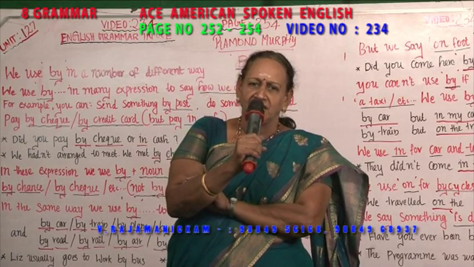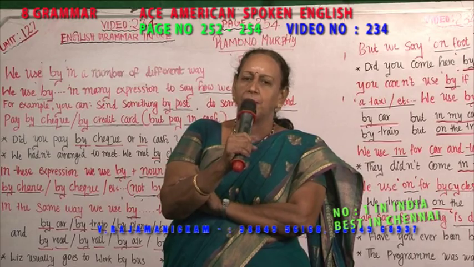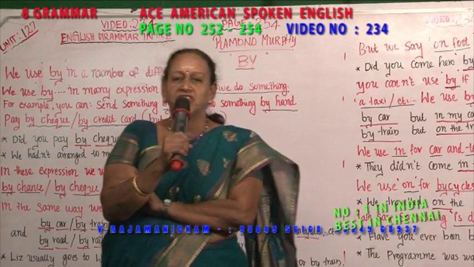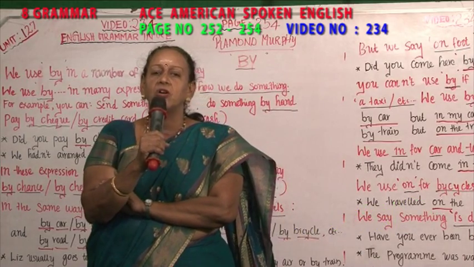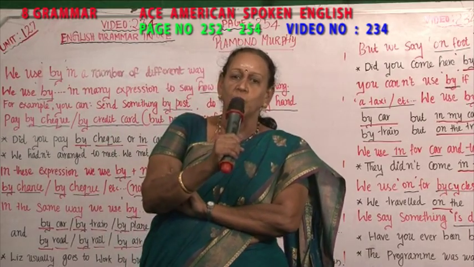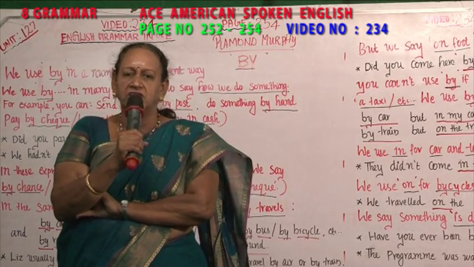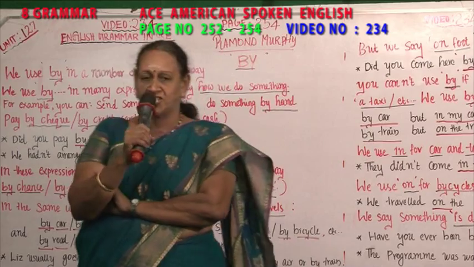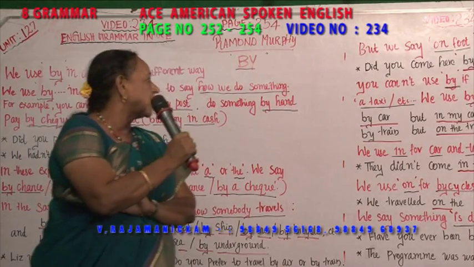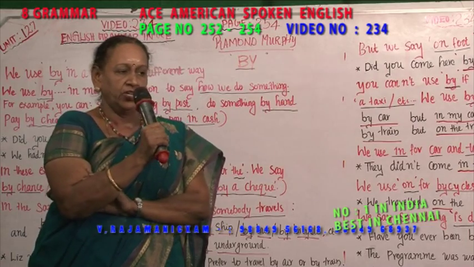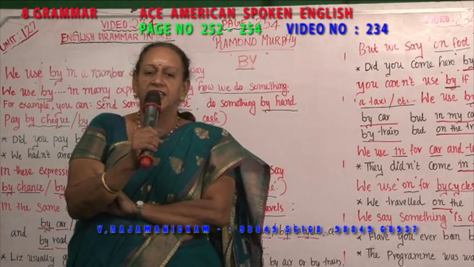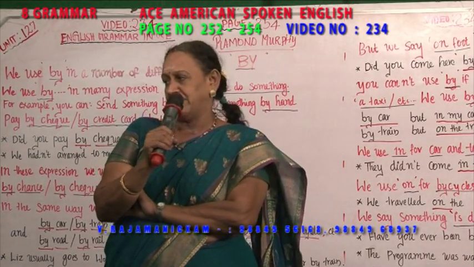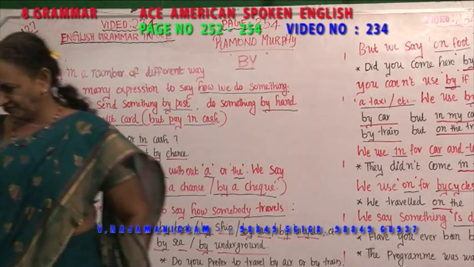Okay, then for transport system, travel. Please give check, by check. Please give in cash. Good. The next, on foot. She comes on foot from her home. She rides on the horse. On the horse. Did you come here by car or on foot? Then, who comes on foot? Sarala came on foot. The boy came by car.